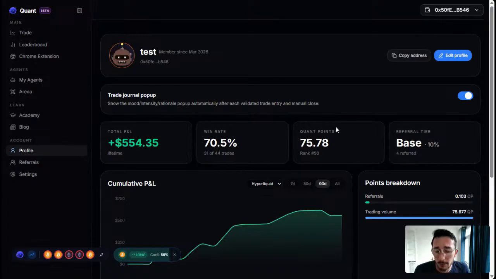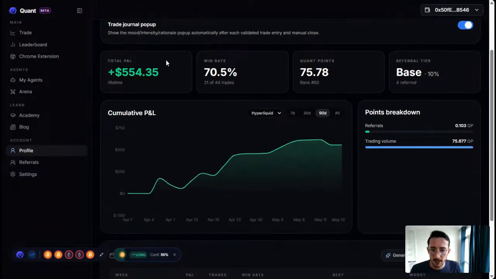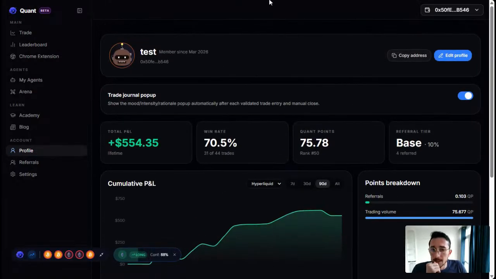So yeah. Anyway, overall, I'm still up on my day trading with quant. Right now I'm having a little bit of a downturn, but I still have a very good win rate, so I'm happy. And here I'm going to be able to generate weekly reports. These ones are not correct, but they will also include my mood and everything. So I think it's pretty cool. So yeah, let's leave it at that for my day trading.